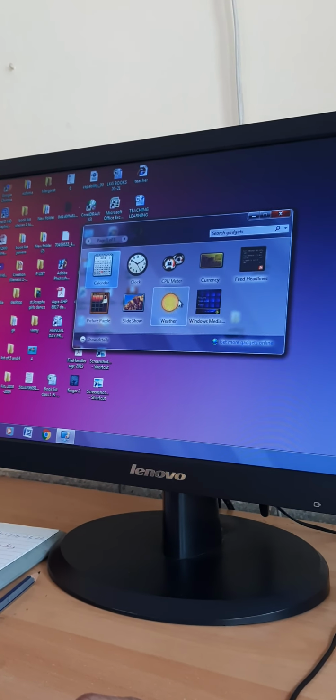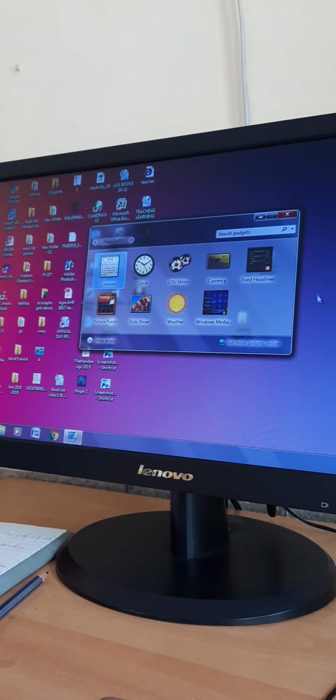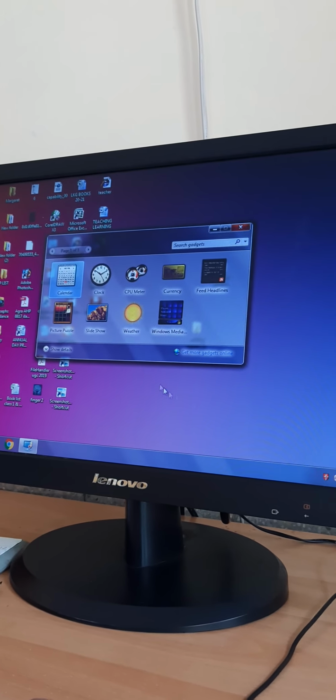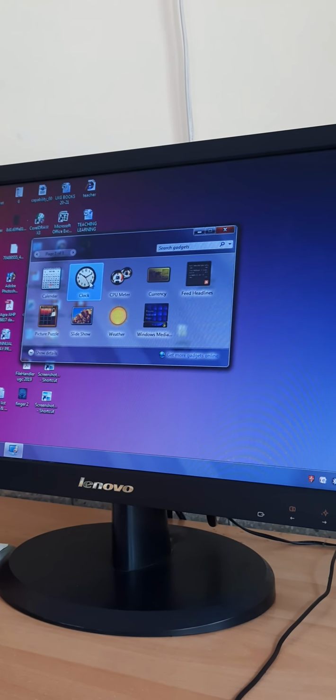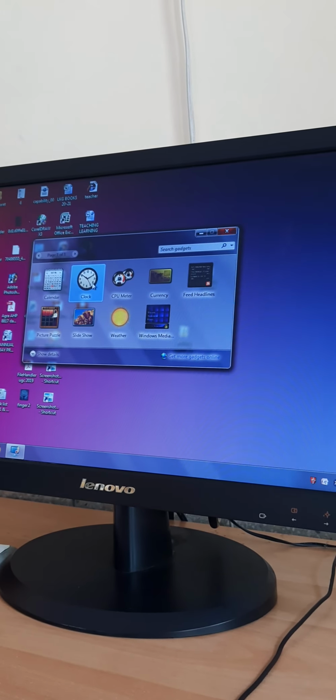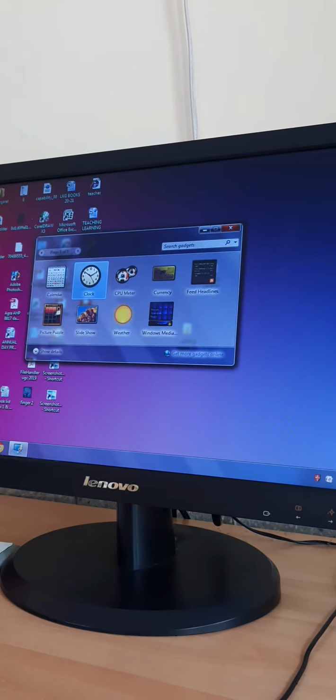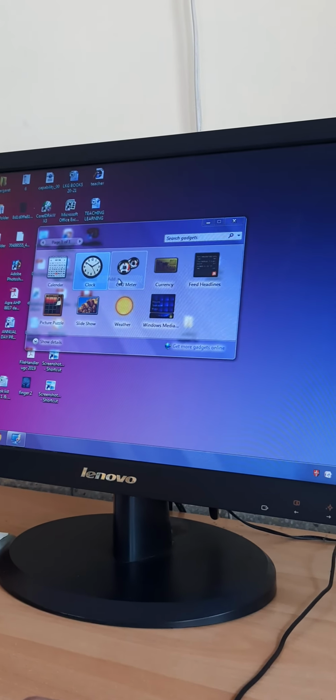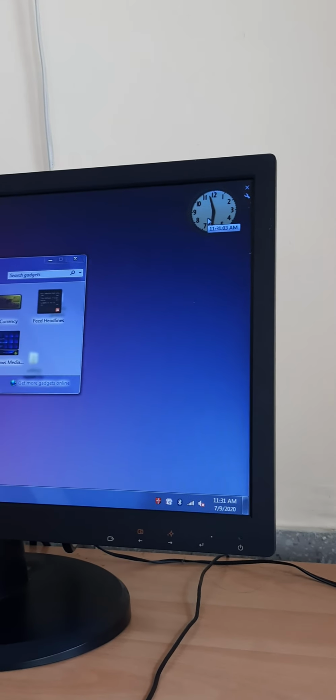These are very small applications which you can paste on the desktop background and you can use it there. Like suppose we want this clock, so we can take this clock here, add, and it will get added here. This way you can add various gadgets.